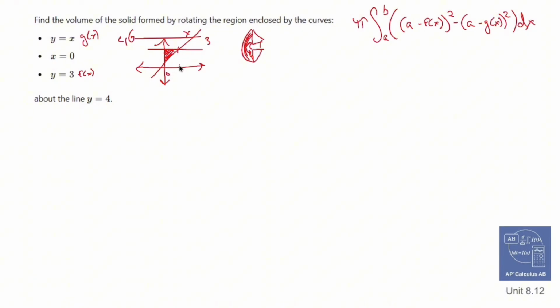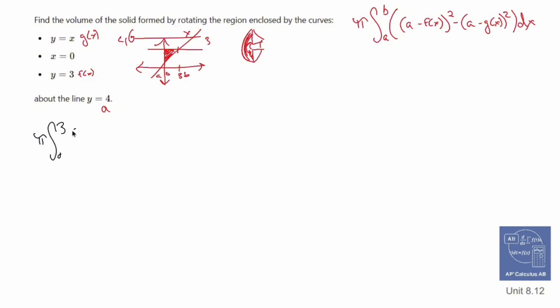You guys intersect at 3, so those are going to be my limits, so that's my a and that's my b. And I'm spinning it around y equals 4, which is going to be that a in there. Probably a poor choice by me using a twice, but that's all right. God will forgive me. So the integral that I can set up is going to be pi from 0 to